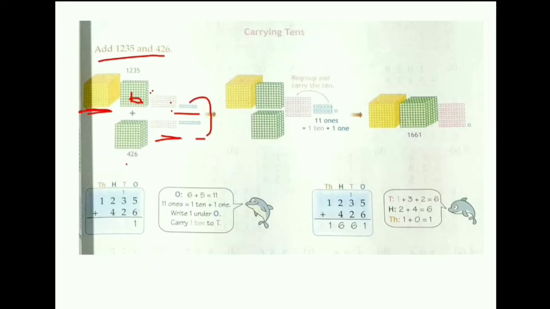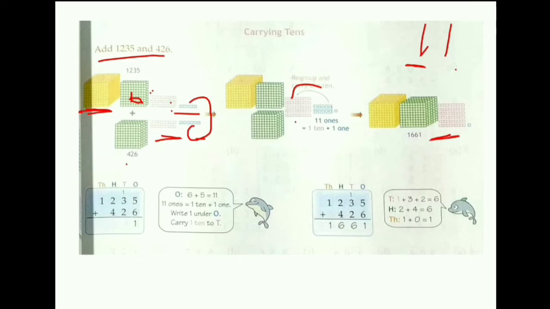So here 5 plus 6 is equal to 11. But till now we have studied only sums having a one digit answer, right? But here the answer comes in 2 digits. So we will add this 10 here, right? And this one here. So there will be a total of 6 sheets of tens, right? Then we will move to the tens.